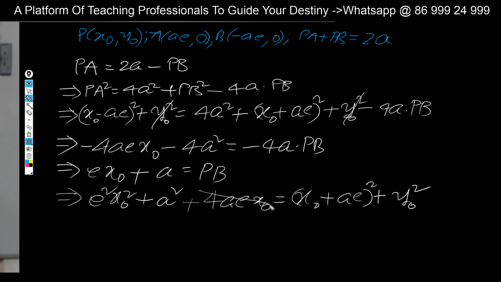You can say this 4AE X naught, this side 4AE X naught gets cancelled. And finally, you will get it in this way. E square X naught square, you will have X naught square here. Bring this E square X naught square to other side. This will be X naught square into 1 minus E square plus Y naught square